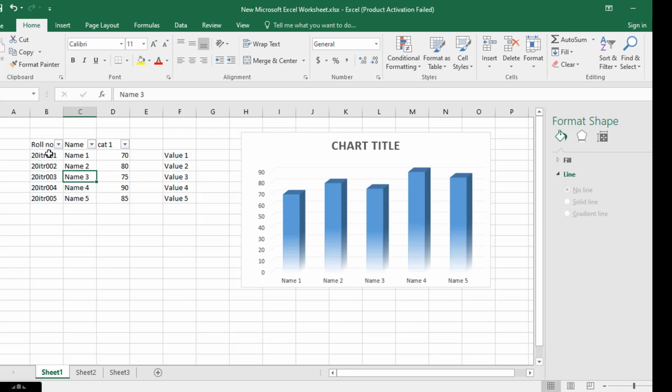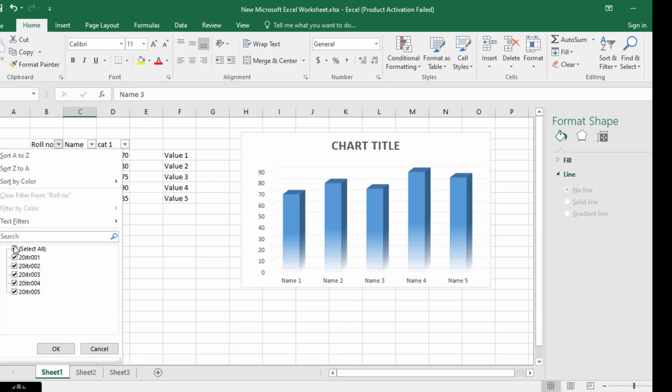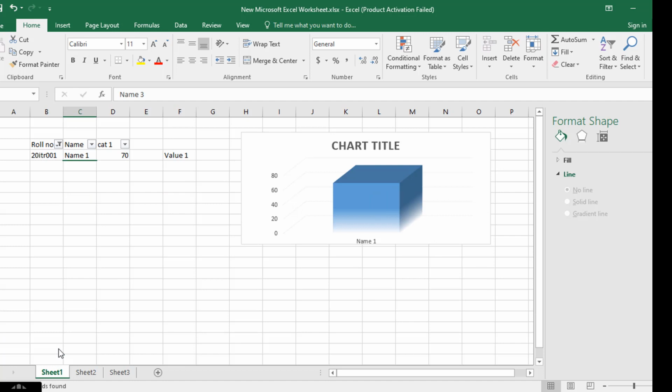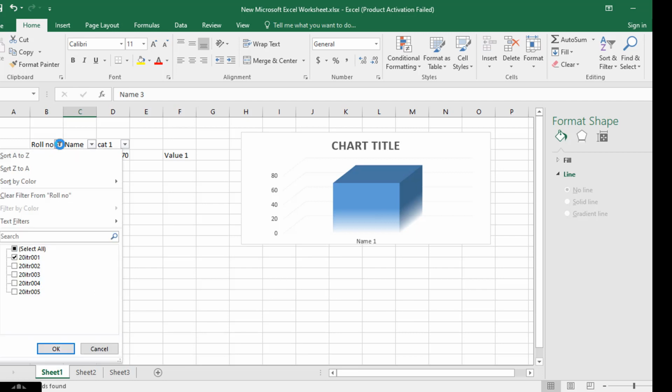Now you can filter. You are having 5 data. Filter means you can see single data, 2 data, 3 data, 4 data, or 5 data. That is the use of filter. The data which is specified, that data alone will be displayed. This is called filter.